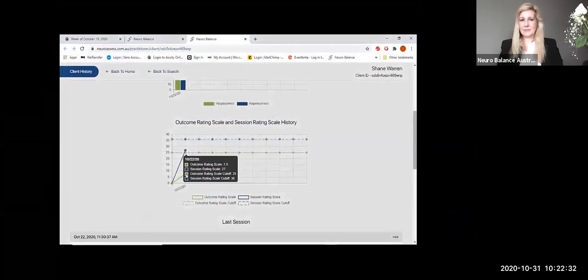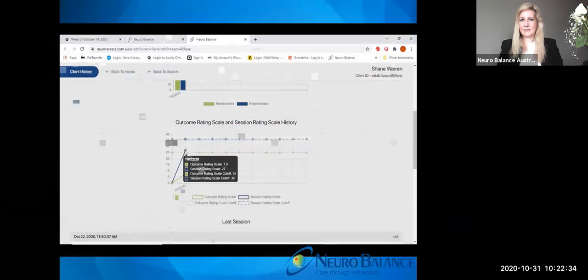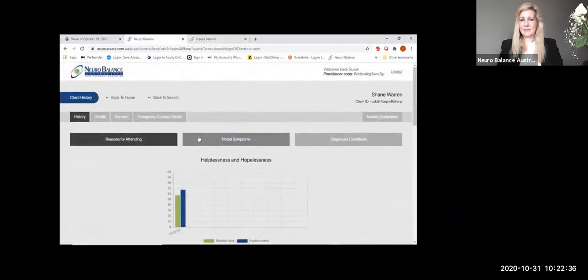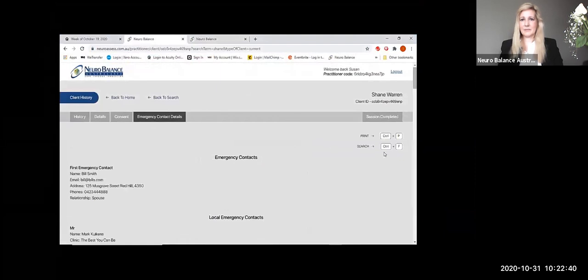Sorry, the outcome rating scale is the green one, and then the session ratings. And in here, when I go to emergency contacts, I can actually send this to him or to someone else. I can hit Control F to search if I'm looking for a particular referral, and Control P to print, and I can send that to him straight away, or to anyone else that he nominates if he's needing some additional support.